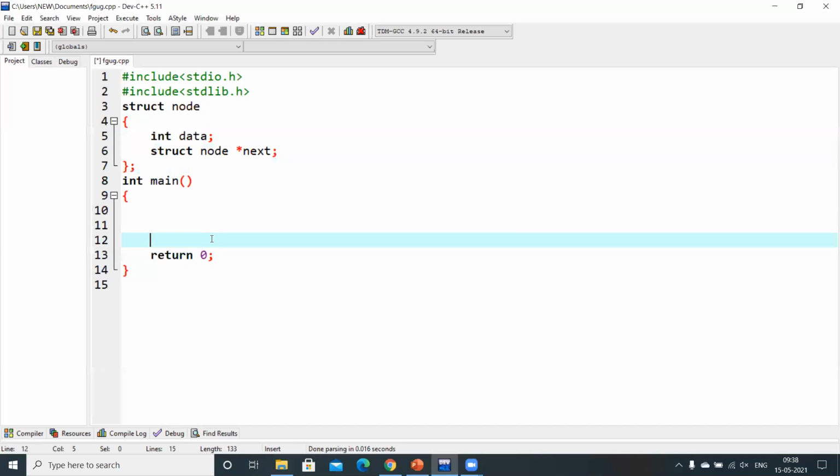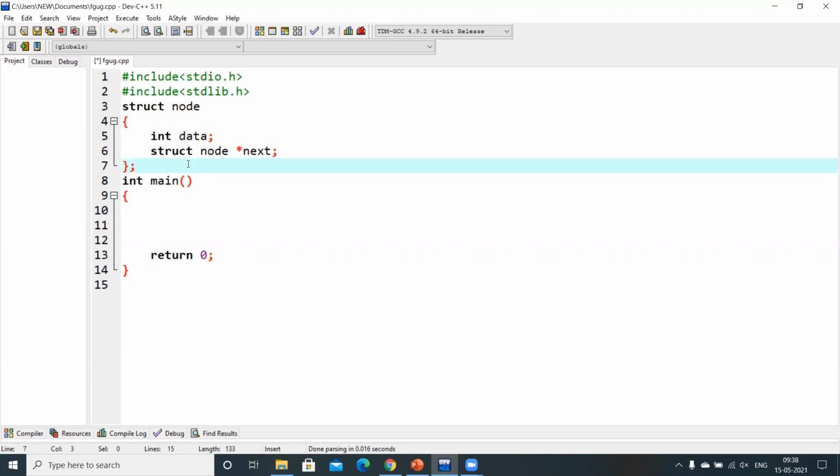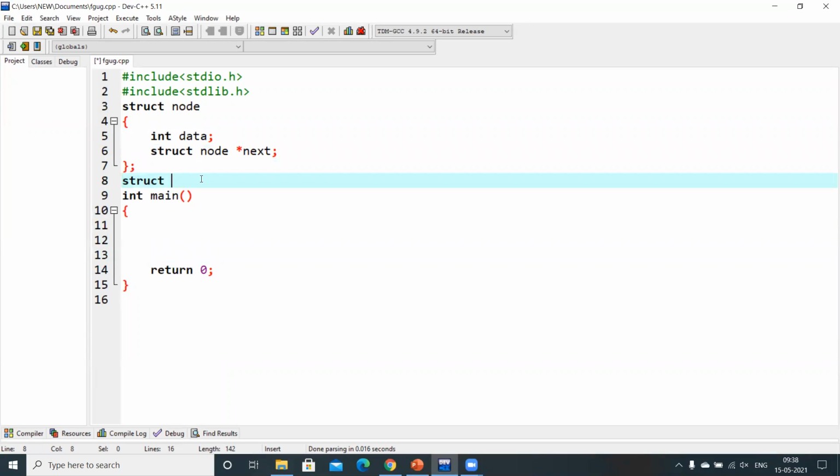And what I need to do, I need to take the choice from the user, and then I need to update, right, based on the choice of the user. Now before that, let me take the starting pointer here. Let me take the starting pointer as struct node star start, initialized to null.